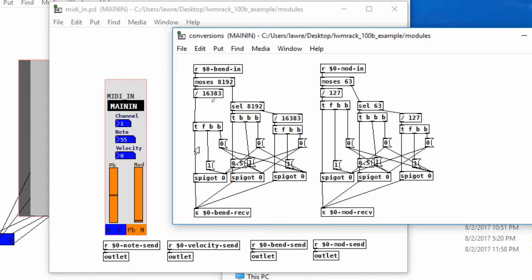So when the stream of numbers is coming out this way, it closes these off, and it shoots it out here where it goes out the outlet, which is actually not an outlet. It's a send to $0-bend-receive. This guy here. So now this receives it because it's a range of 0 to 1 and 0.5 is in the middle. Now, if it's